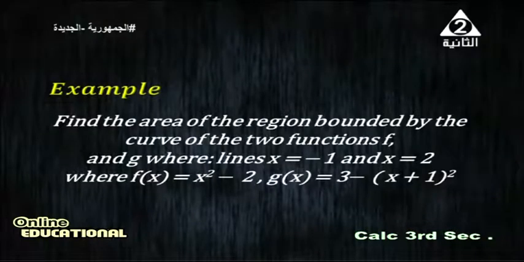Example: find the area of the region bounded by the curves of the two functions f and g, where the two lines are x equals -1 and x equals 2, where f of x equals x to the power 2 minus 2 and g of x equals 3 minus (x plus 1) all to the power 2. Now we have two curves, and the area between the two curves, bounded by the two curves, can be written as f of x minus g of x,